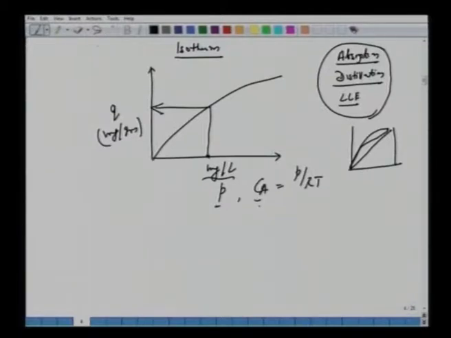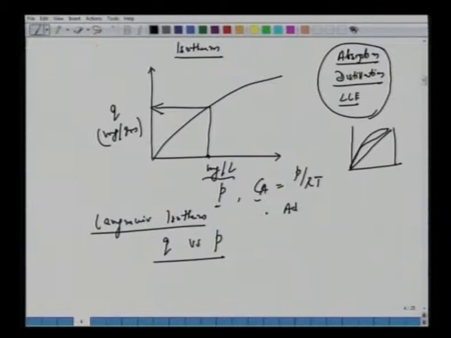The most common isotherm which we should know for this course at least is the Langmuir isotherm. You may have come across it in your kinetics class: the most common relationship given between q and the partial pressure in the gas phase. The main postulates of the Langmuir isotherm which we like to note down are: one, adsorption takes place on vacant sites, or essentially what we are trying to say is that we have monolayer coverage.